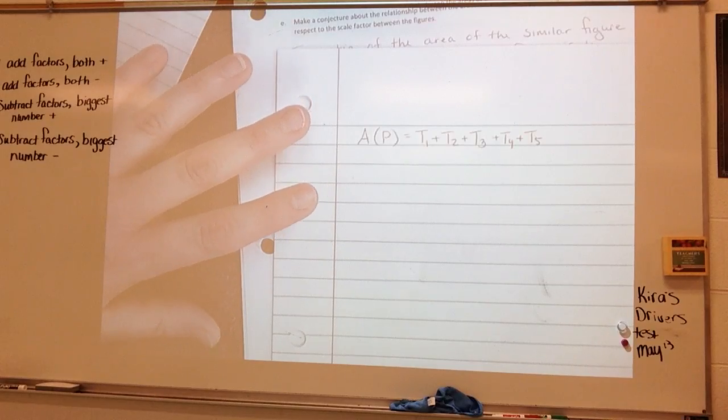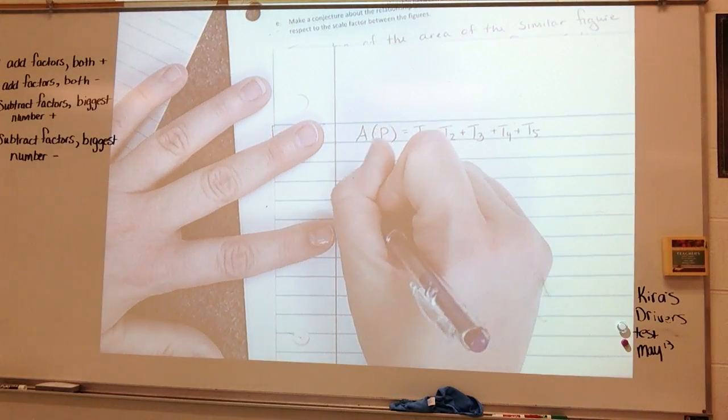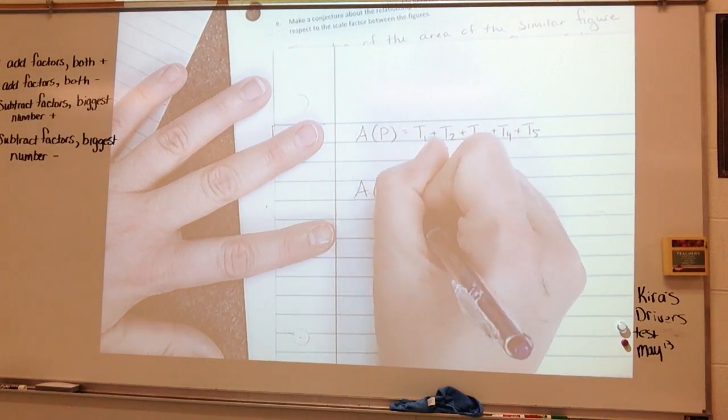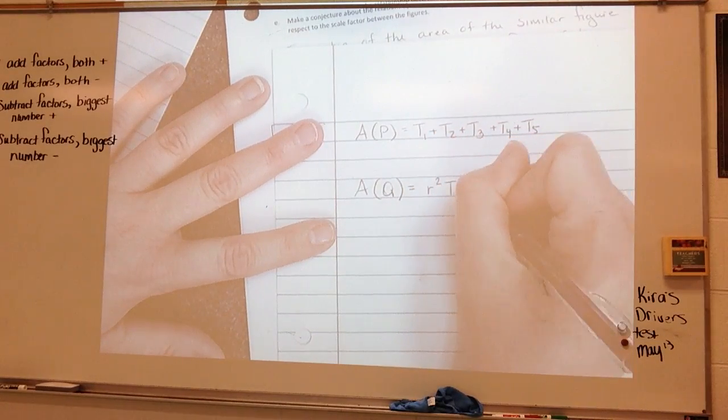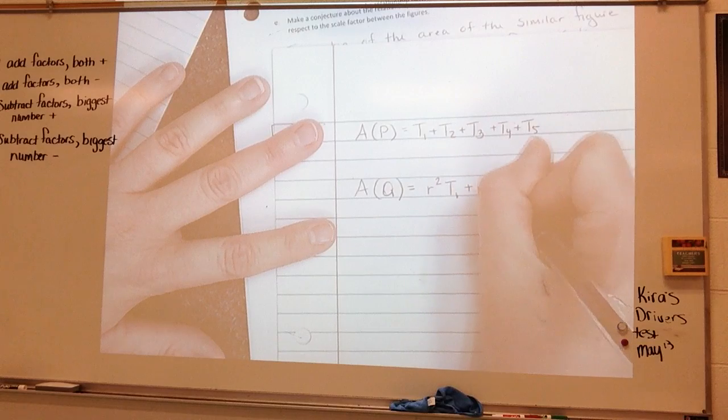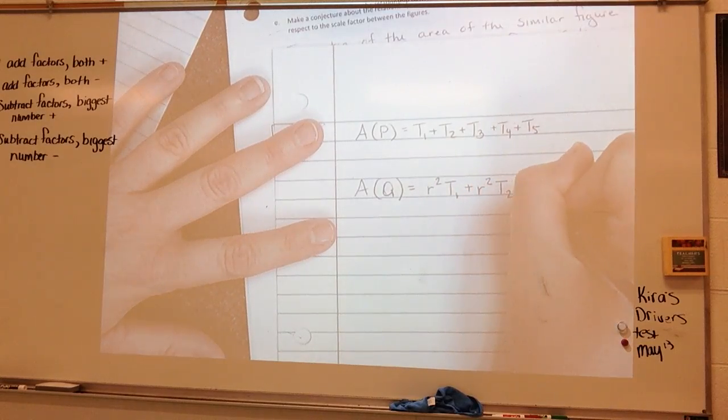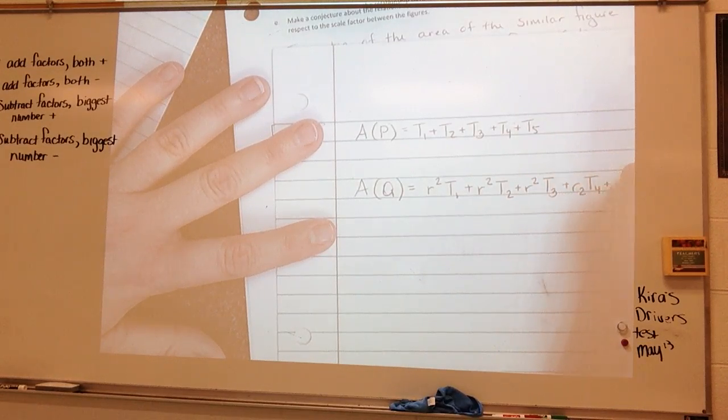So to find the area of Q, I would have to multiply each one of these triangles by R squared,